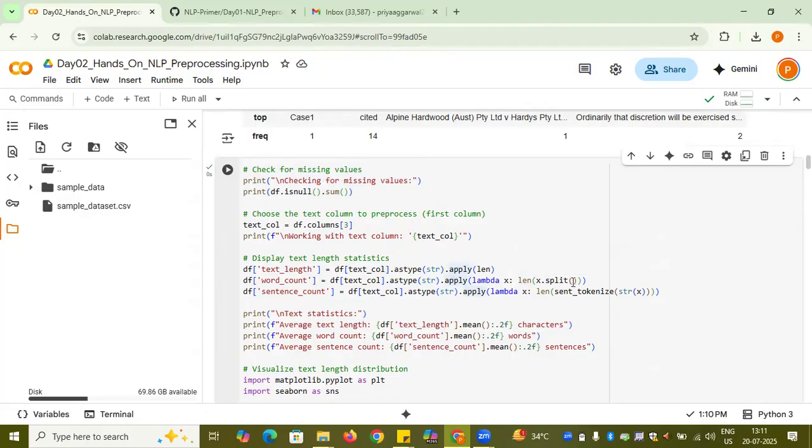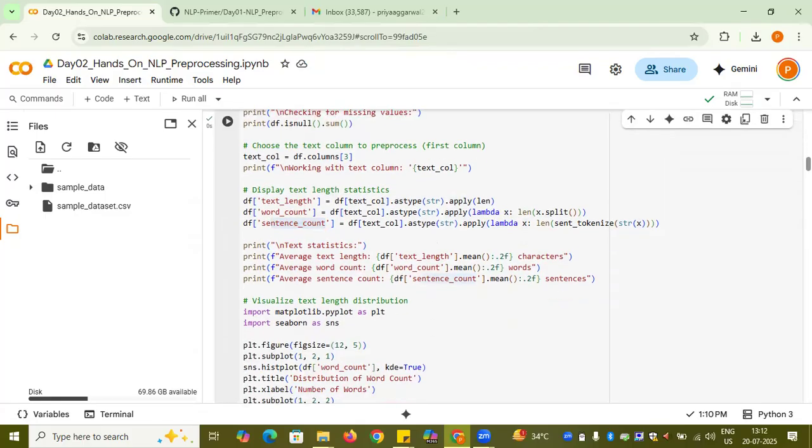So for each and every row, I first split it, calculate the length, and then save it in a new column, word count. Similarly, for the sentence count, I'll first sentence tokenize my input data, and then apply the lambda function, and accordingly the sentence count will come up in one of the columns. So these are some statistics I do on the data frame.